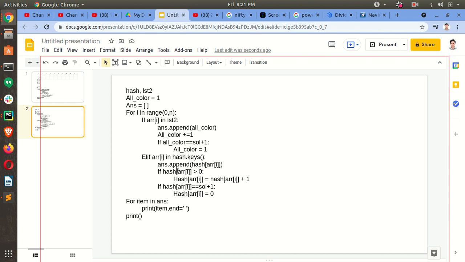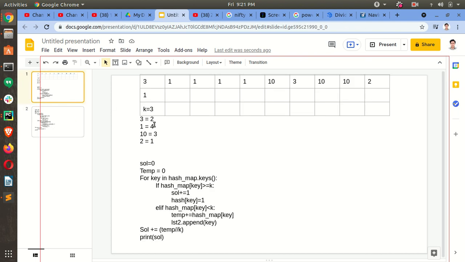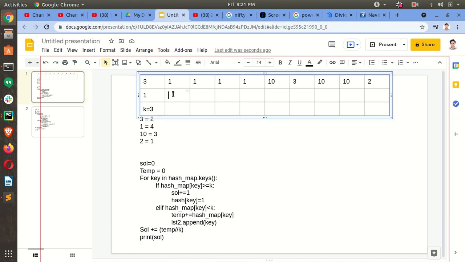And for the elements which belong to the hash, we are coloring using the value of the hash key. So 3 won't belong to the hash, so we will print it using the all color variable. All color variable will be 1, and 1 will be printed using hash map. So hash map 1, hash map 2, then hash map 3.